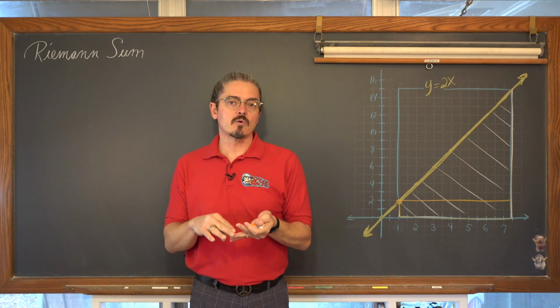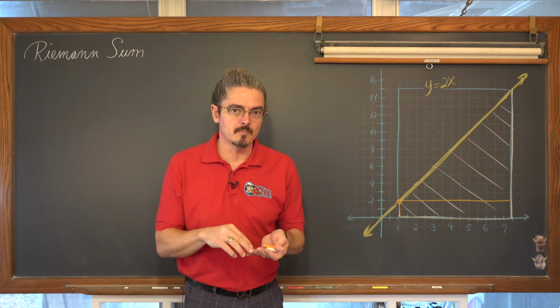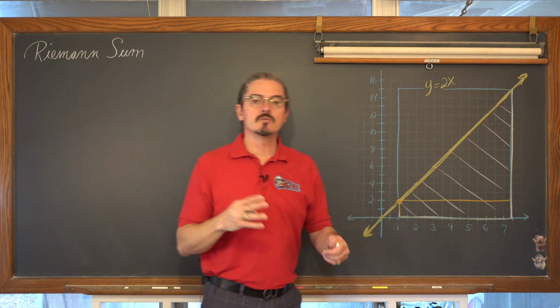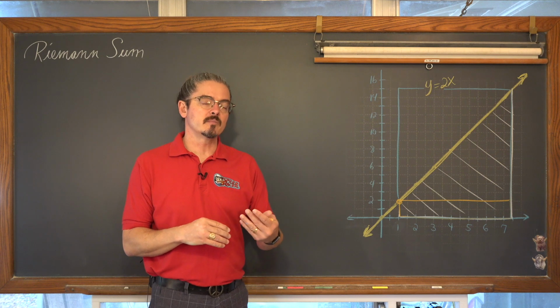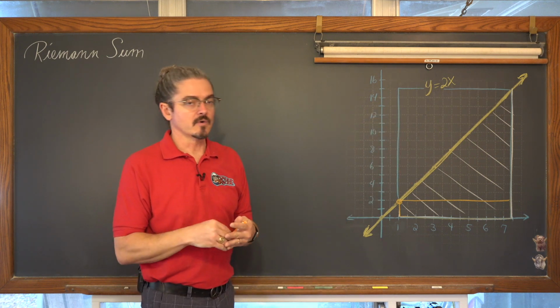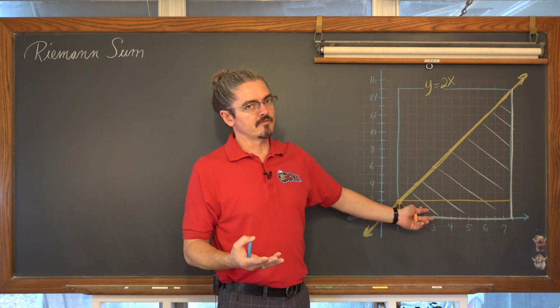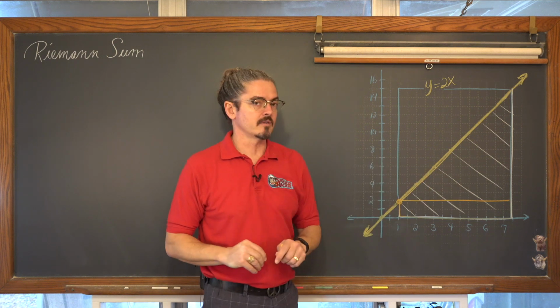Being asked to find a lower and upper sum is not the same as being asked for a left or right Riemann sum. A lower sum means that every rectangle that you use has to be an underestimation of the area, and every rectangle that you use has to be an overestimation for an upper sum. Okay, well, one rectangle is clearly not a very good approximation of this area that I've shaded in white.